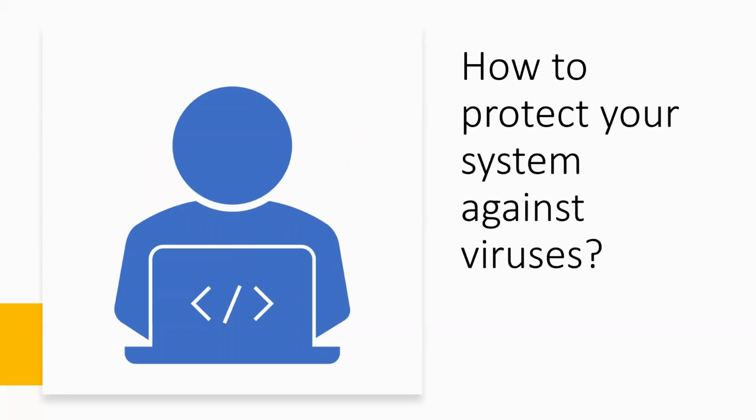How to protect your system against viruses? Restrict access to your system both offline and online. Only allow trustworthy users to use the system. Install and use antivirus software to scan your system daily or weekly and keep it updated. Do not use software that has been copied. Back up your system regularly so that you can recover your data with clean copies. Scan files that you download from the internet.